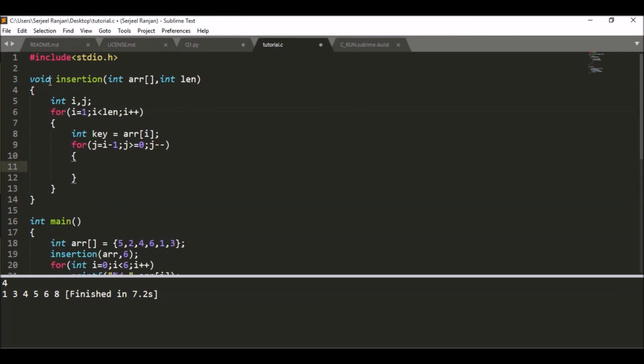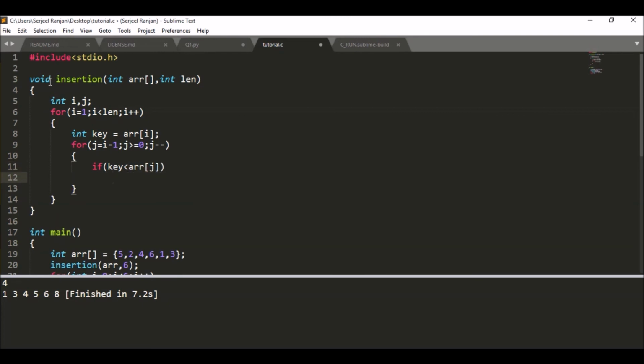And inside this, I have to write the swapping logic. As you remember, we do the swap only when the key value is lesser than the value present at the jth index. So I will write it as if key is less than the value present on the jth index, then I need to do the swap.